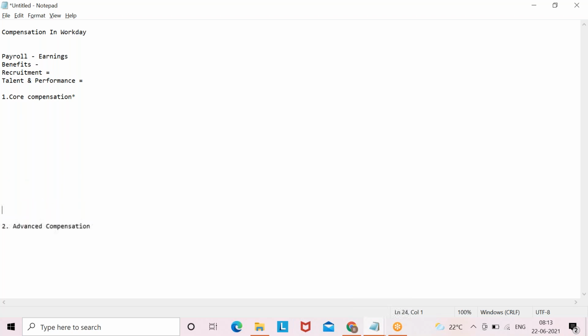So what are all the components we have? This is one of the important ones. If anyone is preparing for an interview, there might be a common question: what are the compensation components we have in Workday? So we have compensation grade, grade profile, eligibility rules, salary plan,